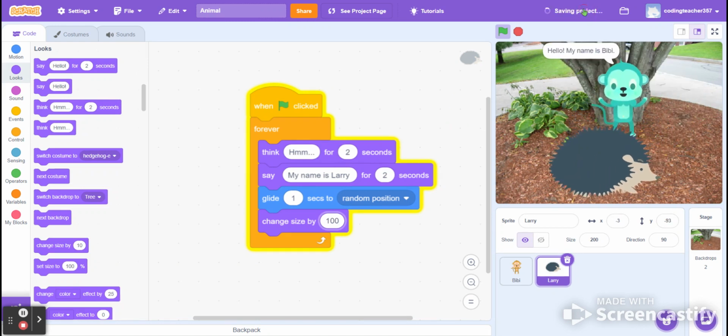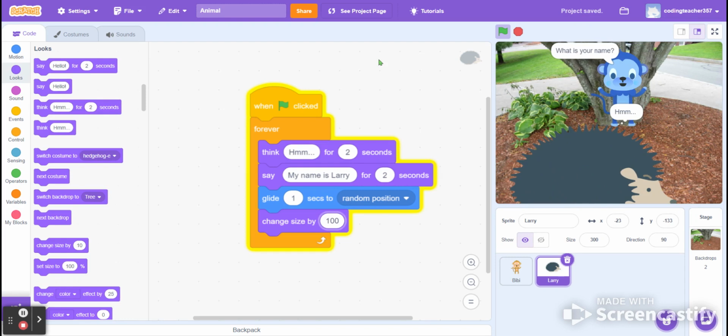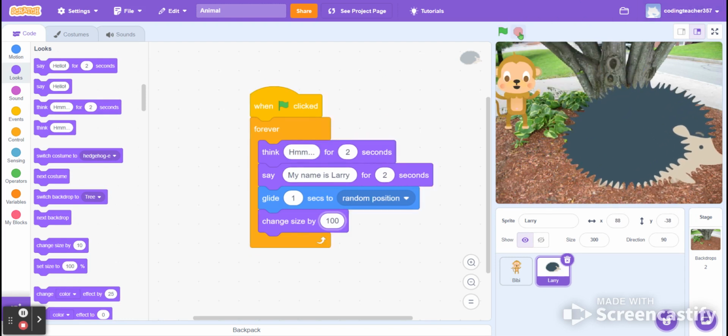Save your project and see what else you can add. Can you add a third